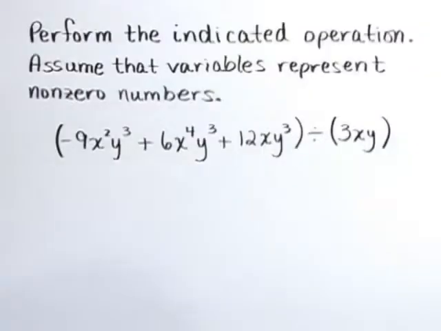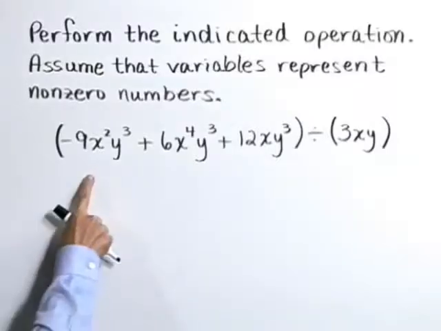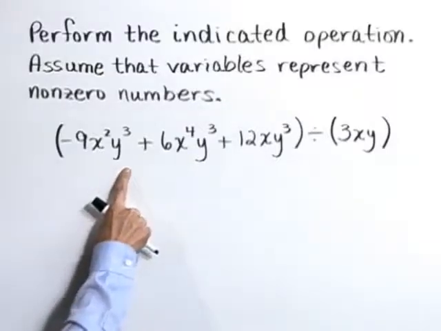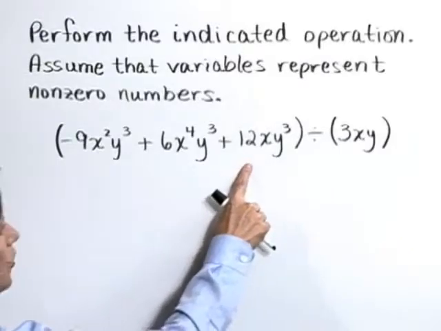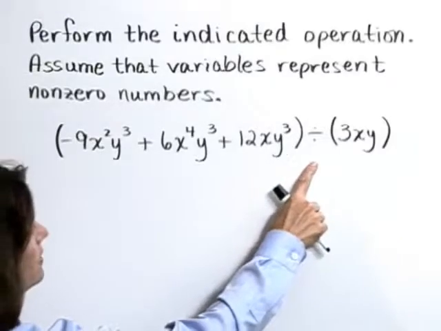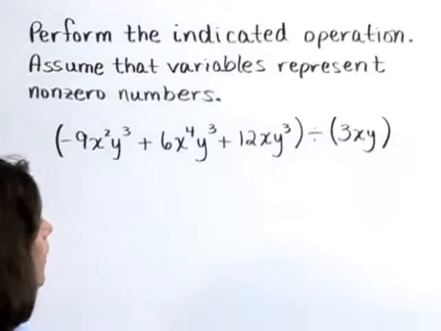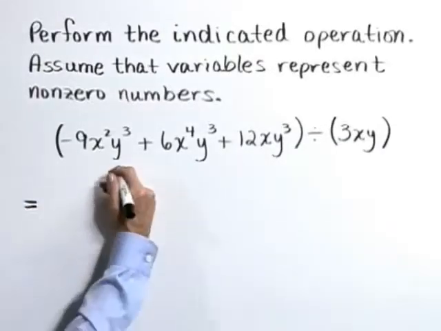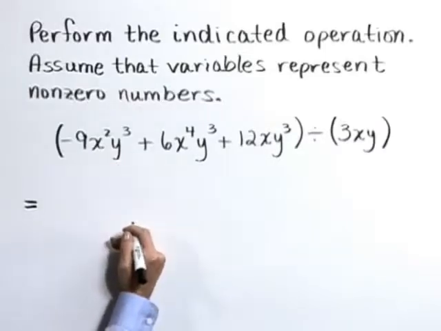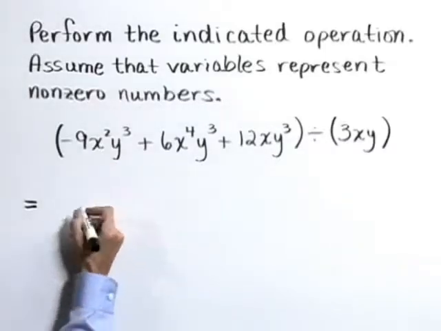Perform the indicated operation. Assume that variables represent non-zero numbers. We have the polynomial negative 9x squared y cubed plus 6x to the fourth y cubed plus 12x y cubed divided by 3xy. Let's go ahead and as a first step write this in a quotient form, in a fractional form,